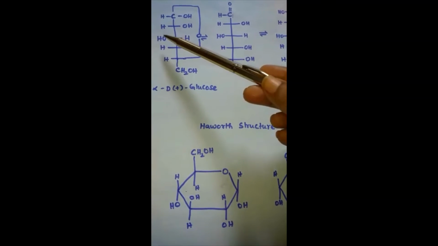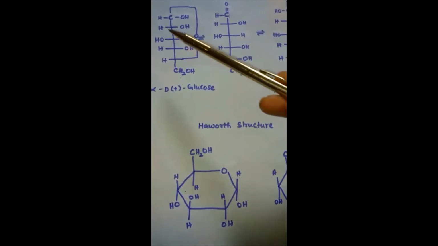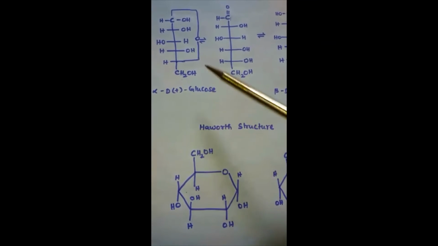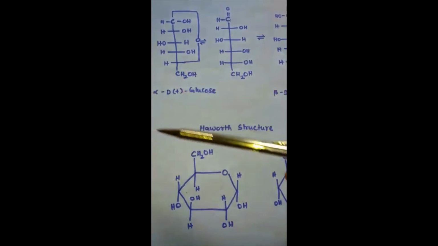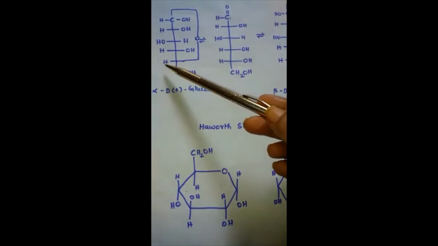Next also we are having hydrogen. So this is the second carbon. So we are writing hydrogen at the top. Third carbon we are having OH. So OH is written at the top. Fourth carbon atom, hydrogen is over here. So we have written hydrogen. In the fifth carbon atom, we are having hydrogen alone. So we can write over here.